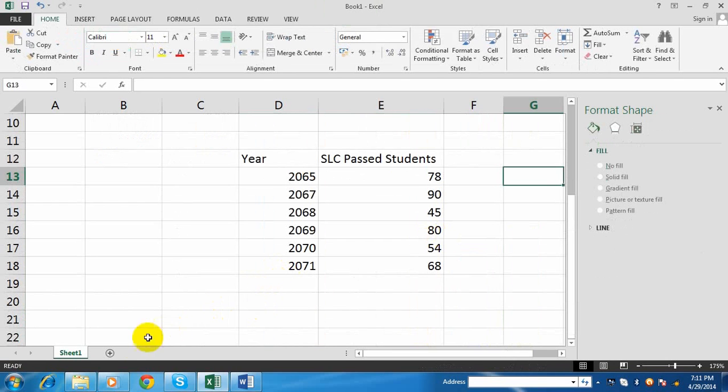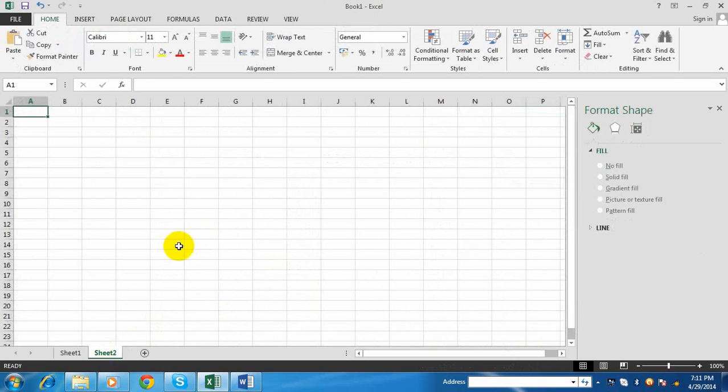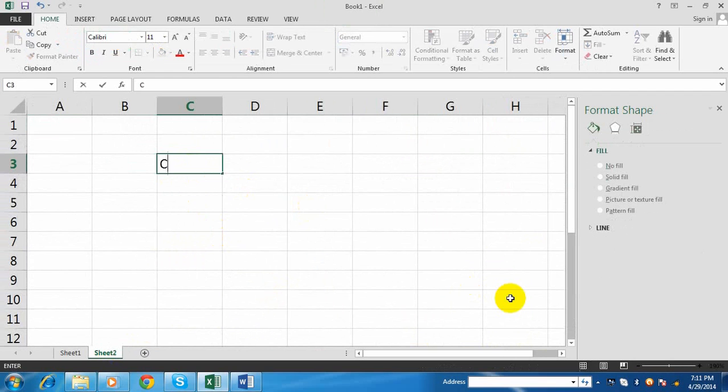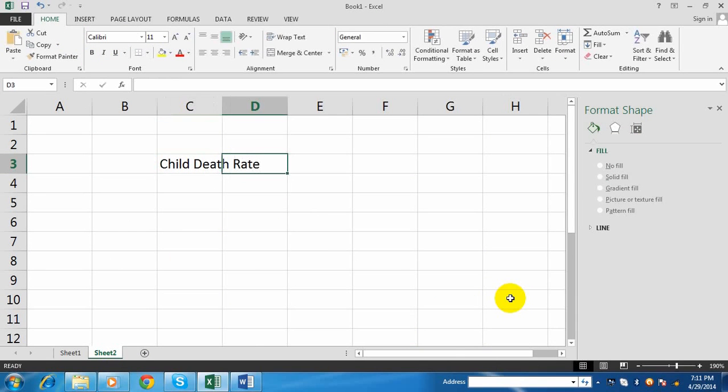Now let's display a few data in chart. For example, child death rate, it is in percent.